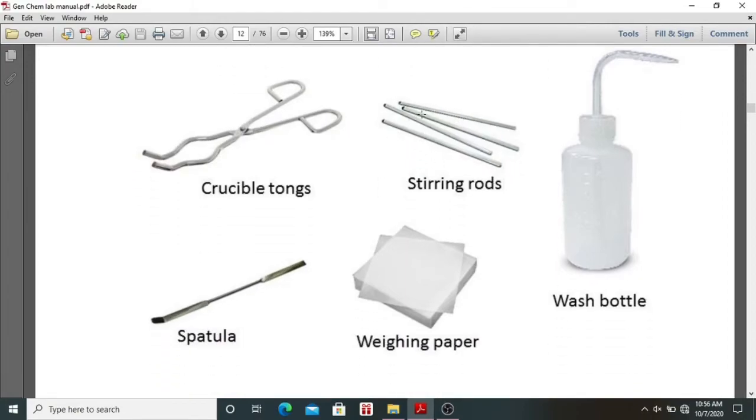for stirring liquids, and also for solid samples. Of course, you can also use stirring rods to stir or to pulverize some solid samples. But actually, for pulverizing solid samples, you can use the mortar and pestle. But it's also very helpful to use stirring rods. The main purpose of stirring rods is for stirring, and mixing components